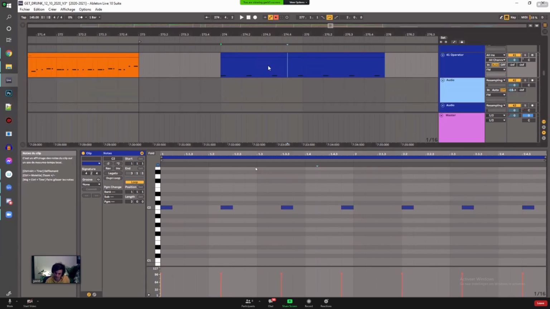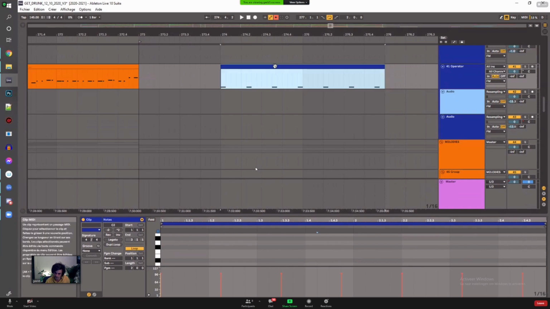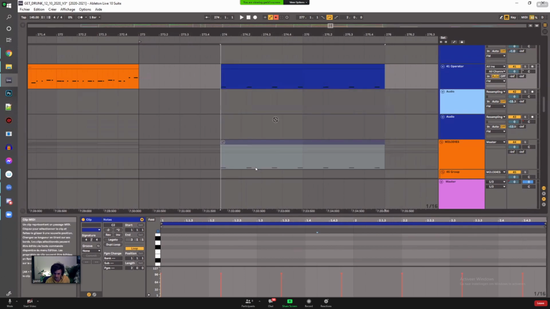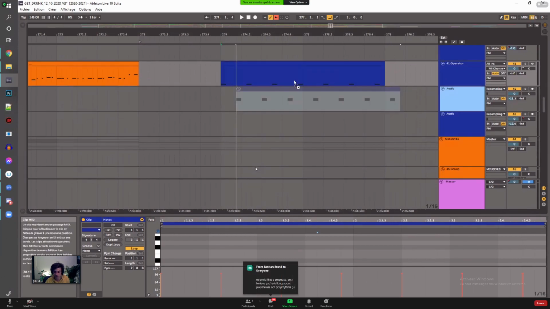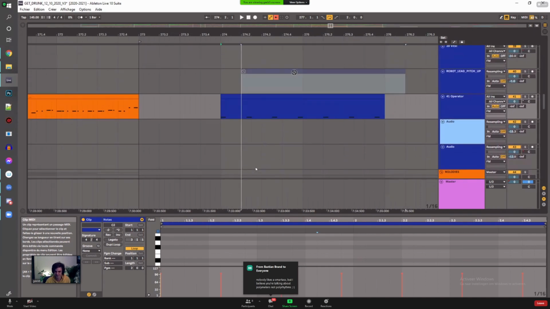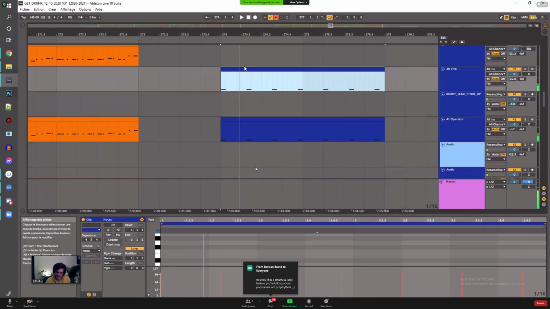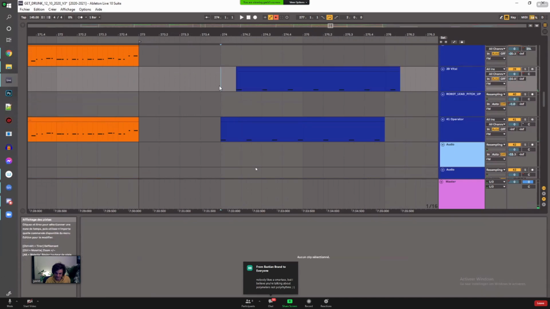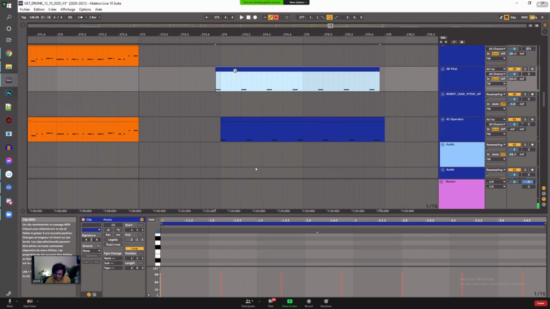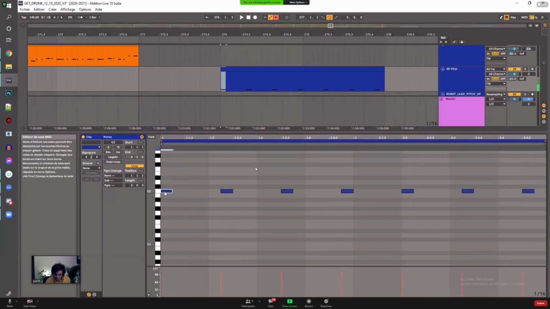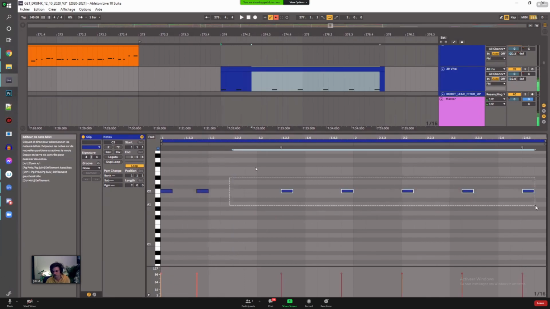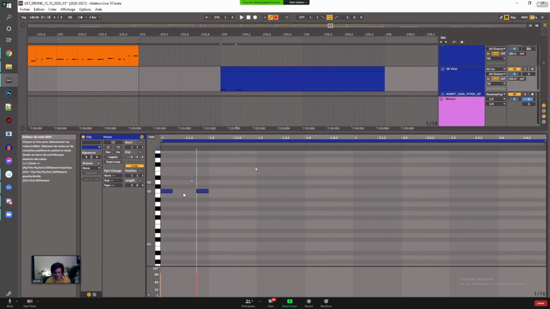But if you then use it on another track, I really don't know where I'm going with this, but bear with me. Yeah, that works. On top of that one, you use a dotted one.